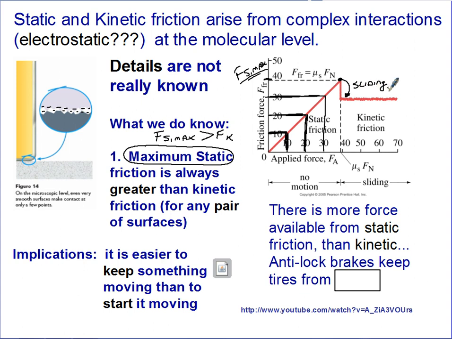Now, if you think about what's happening for your car with anti-lock brakes, a very important invention in terms of vehicle safety, they prevent the tires from sliding or locking up. When I start to slide, I'll actually have less force from kinetic friction than I have at my maximum value. Again, this Fs max is greater than the kinetic friction. So the nice thing about anti-lock brakes is that they allow us to operate at that peak value.